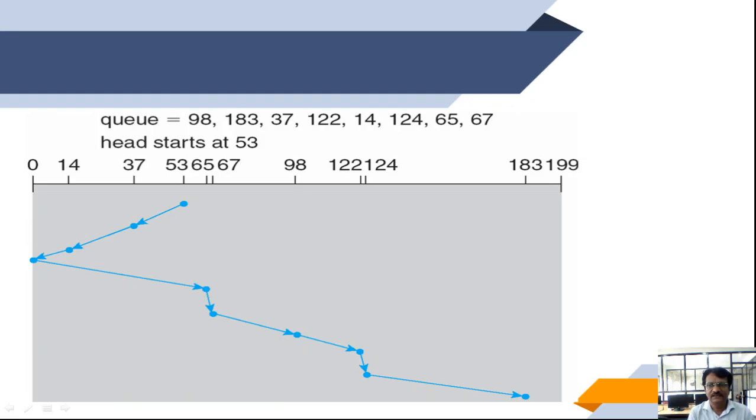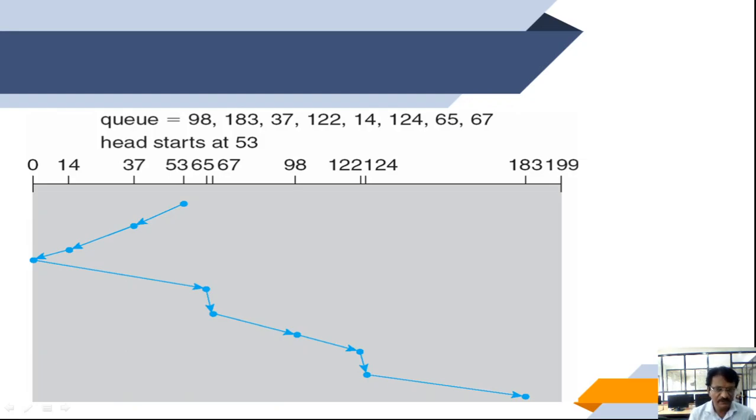So let us consider, as we have discussed in SSTF also, if a request arrives in the queue just in front of the head, it will be served almost immediately. A request arriving just behind the head will have to wait until the arm moves to the other end and comes back. That is the biggest disadvantage. If a new request comes ahead of it, it will be served immediately, whichever direction it is moving.